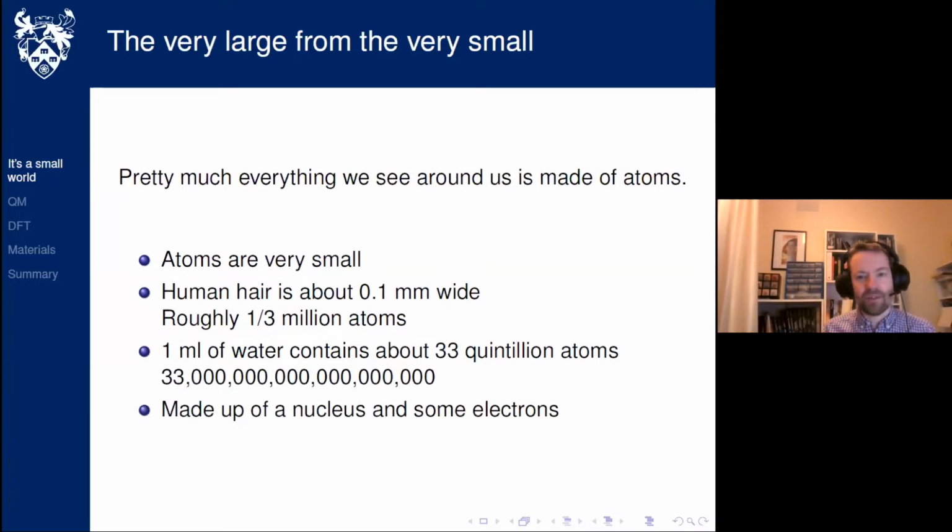And atoms are actually made of smaller things. There's a nucleus right in the center of the atom made of protons and neutrons. And then around the nucleus are electrons. You might have come across a sort of solar system model before, where the electrons orbit the nucleus a bit like the Earth orbits the sun. But actually that turns out not to be sophisticated enough for what we'll be talking about today, because there are problems with that solar system model that can't explain the behavior of real atoms and in particular real electrons.